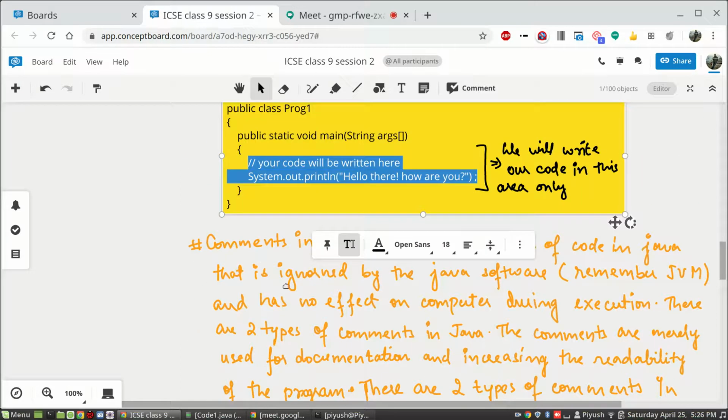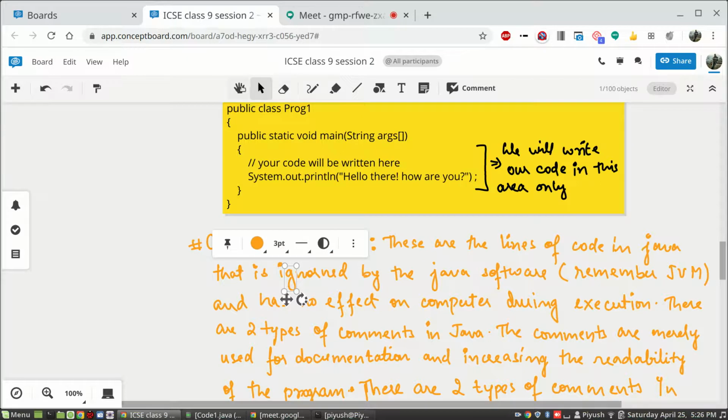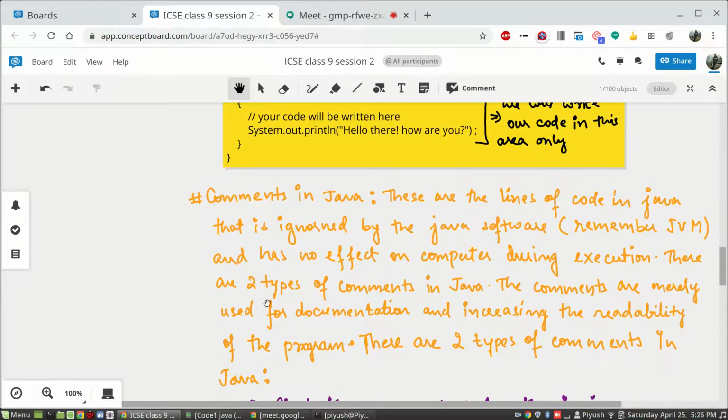Now coming to the next part of programming. Another aspect of programming is comments in your program. Now what are comments? See, there are two types of comments in Java, but before we dive into the two types of comments in Java codes, we should understand what comments are and what they are used for. So I'll tell you, comments are not true codes in the real sense. Okay, why are comments not true codes in the real sense?